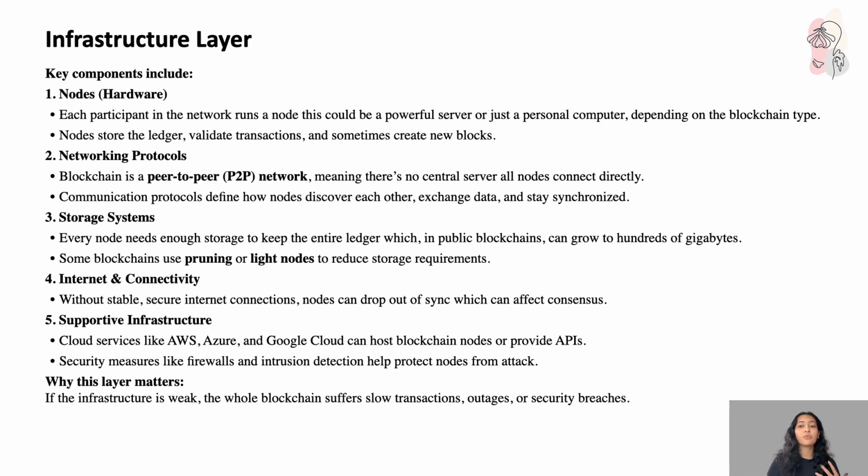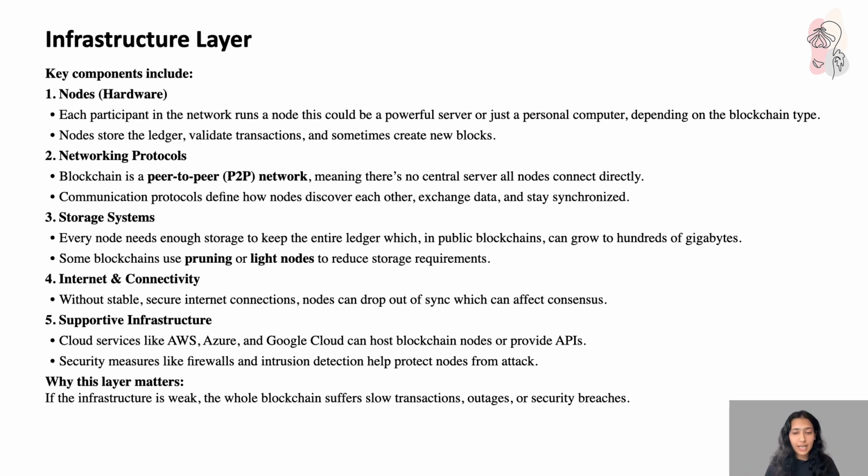Then we have some networking protocols. Everything is done inside a network. Blockchain is a P2P network. What do I mean by P2P? It's a peer-to-peer network. Meaning what? There's no central server. I mentioned before, there's no central authority. All nodes connect directly. And communication protocols define how nodes discover each other, how the nodes exchange data, and how